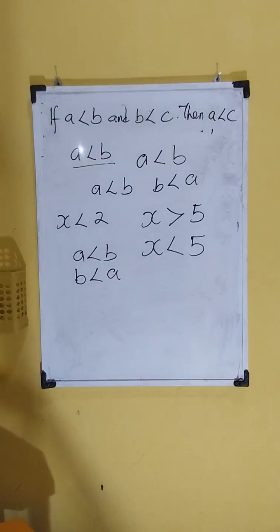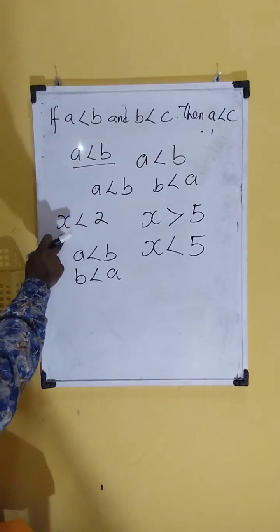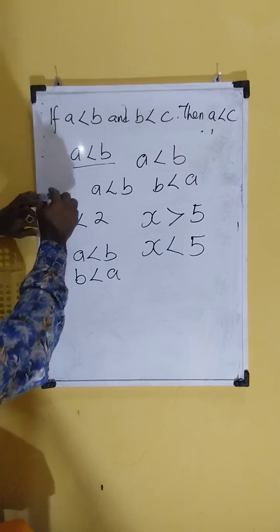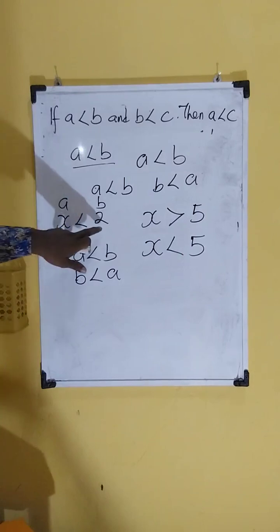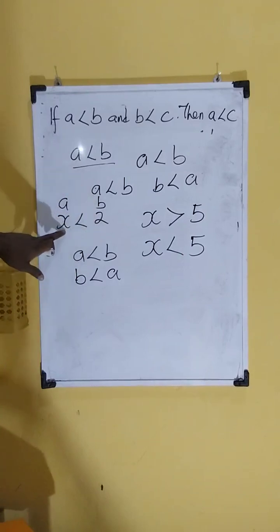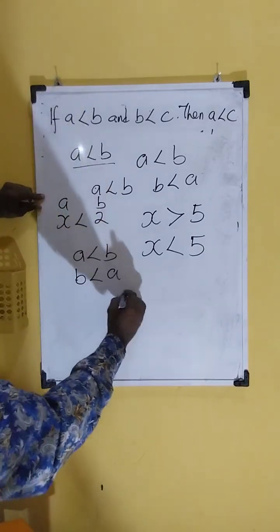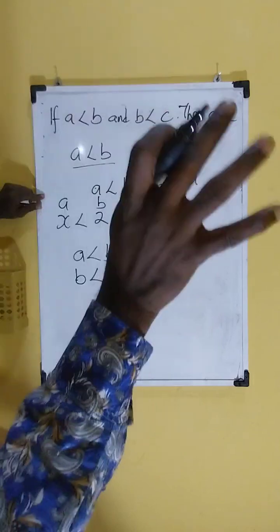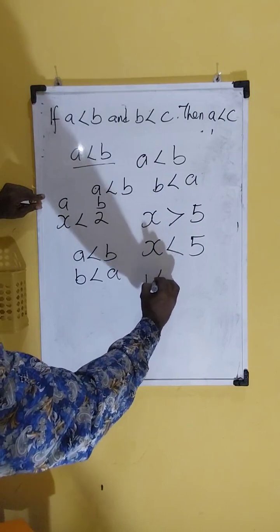Like we have said now, if we have it this way, 2 is less than X, let us assume this is A and this is B. If we said initially that B is 2, what is the value of X? That means X is actually anything below 2. We are trying to look at something together, so just give me your attention. So we can now say that A, 1, is less than